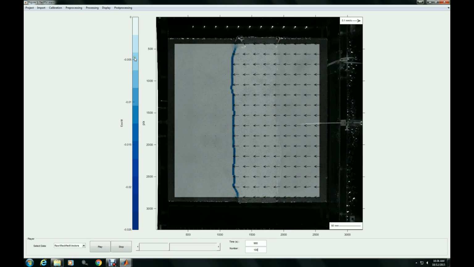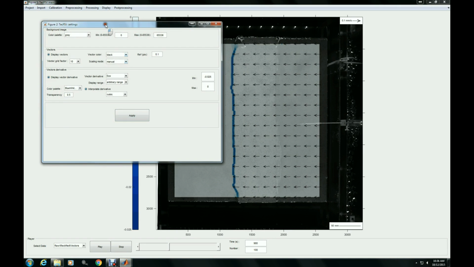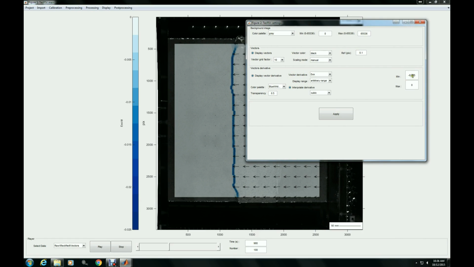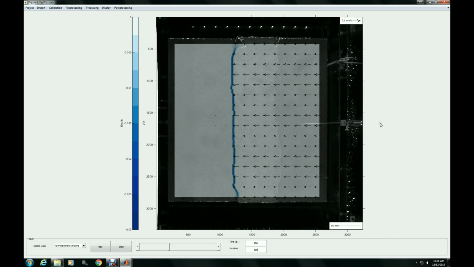We see that the color limits are not really lining up well with our information there, so maybe we can change the setting here. Let's see if I change it like this. Alright, it's a little bit easier now to read the color scale. Okay, so now we can again export this frame,